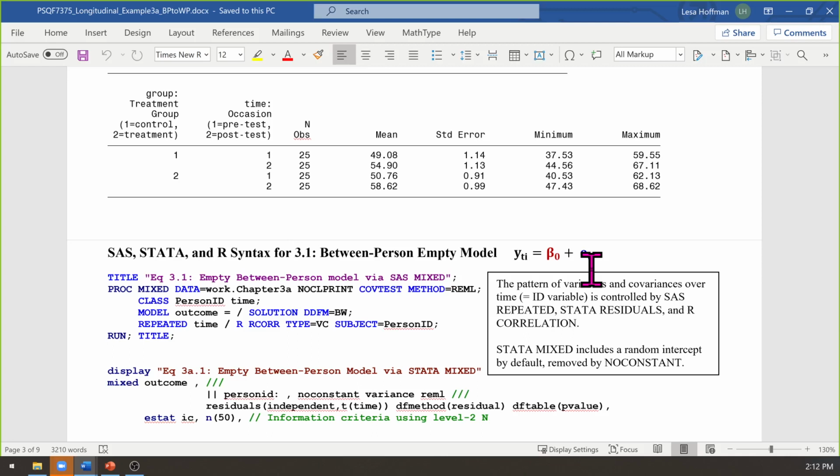A question relating to time. Okay, what's the question? If it isn't like pretest, post-test, what is it like? Repeated measures of arrest in your example, like how many times they got arrested. Repeated measures can be any number of occasions. So 2 is the minimum to call it repeated, but these concepts and the modeling strategies apply no matter how many repeated occasions that you have. The differences have to do with how you can expect the occasions to be related to each other changes if they're far apart in time versus if they're very close in time. And so there's two main sort of families or approaches of longitudinal models.